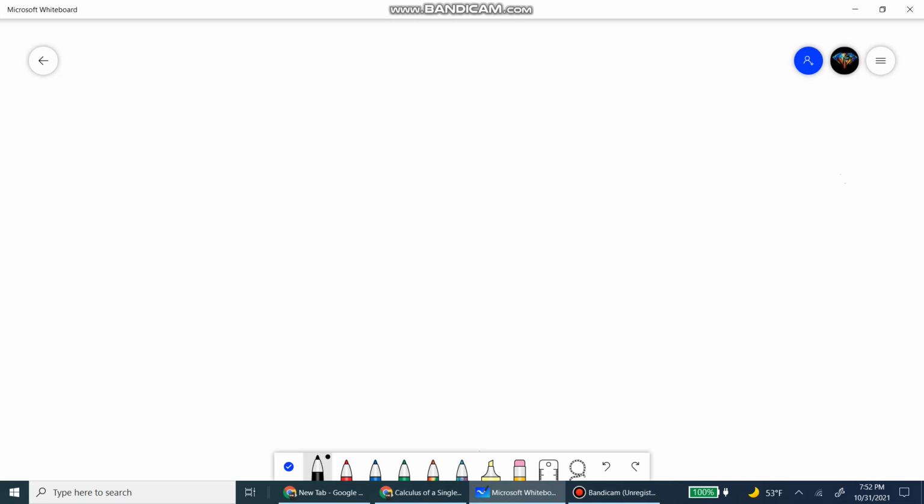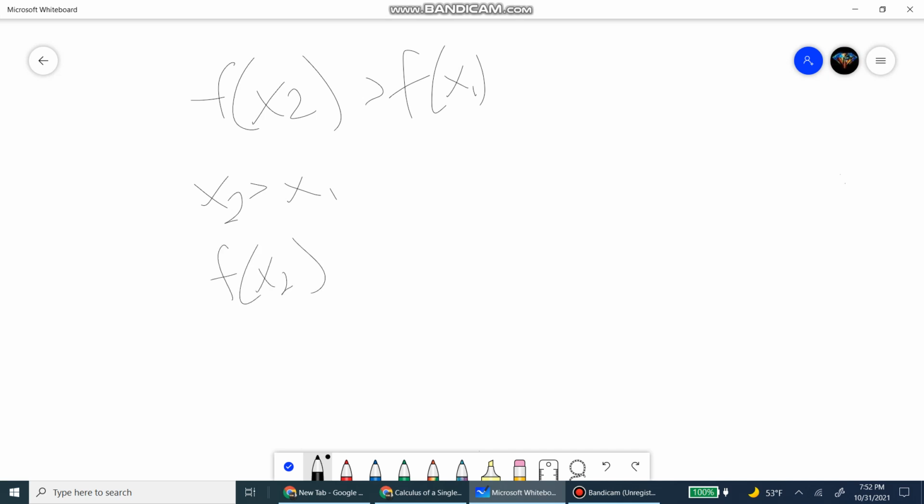I kind of went over this, but a function is increasing when, let's say, x2 is greater than x1, any two numbers x2 and x1 in that interval. And let's say f(x2) is greater than f(x1). Basically, the y value is greater than the previous y value. Then it's increasing. And then if you have f(x2) is less than f(x1),